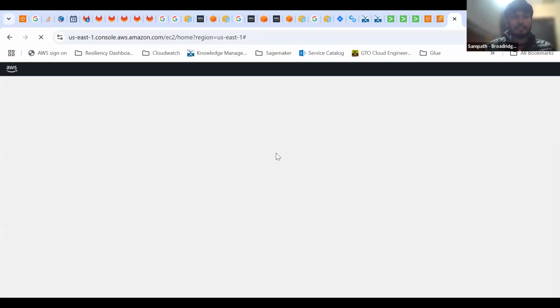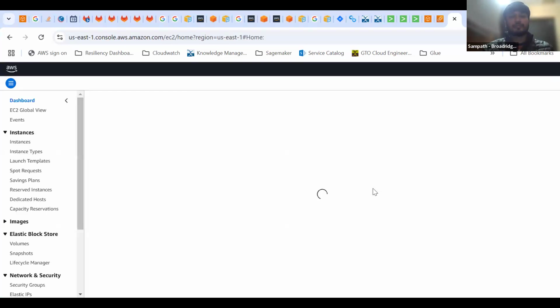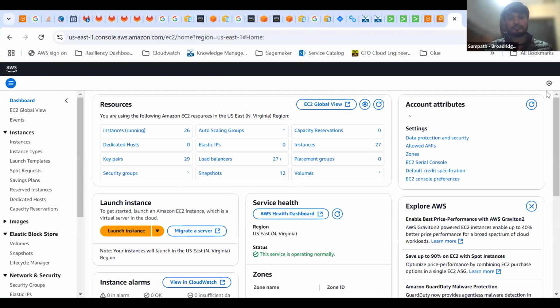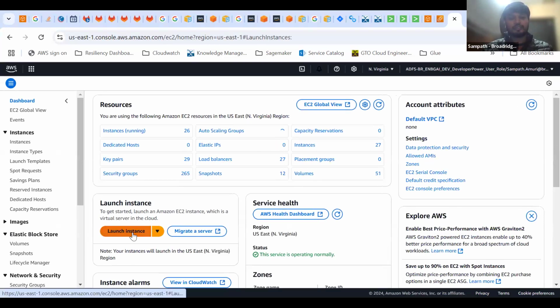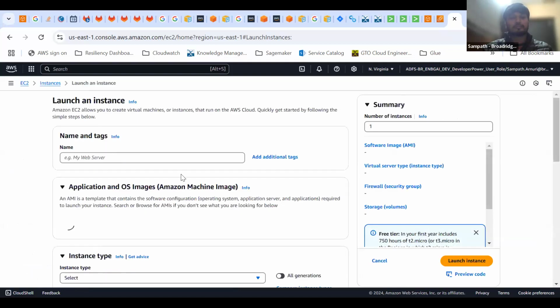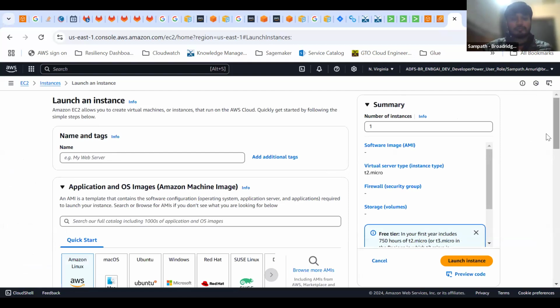So let's see how we can do that. Launch instance. So you can see here,